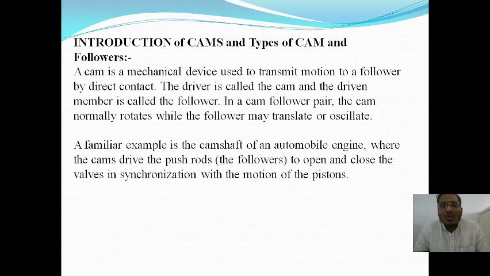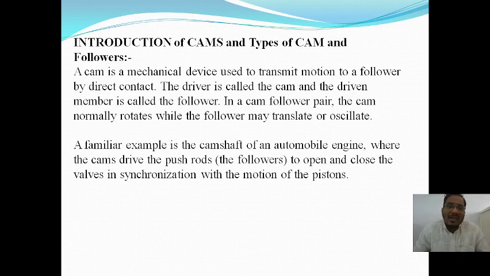Driver is nothing but those who drive the car, and driven is nothing but those who are followers. Means in that automobile you saw that four-wheeler, four tires are there. Front wheel two tires are there, and rear wheel having two tires are there. But in the automobile, the engine is connected to only two tires in the front wheel drive or rear wheel drive. So in the front wheel drive, the engine is connected by the propeller shaft or by the differential to only two tires in the front side.